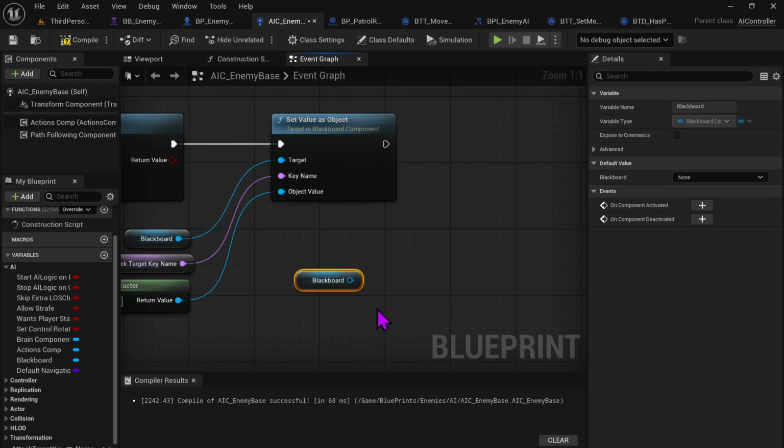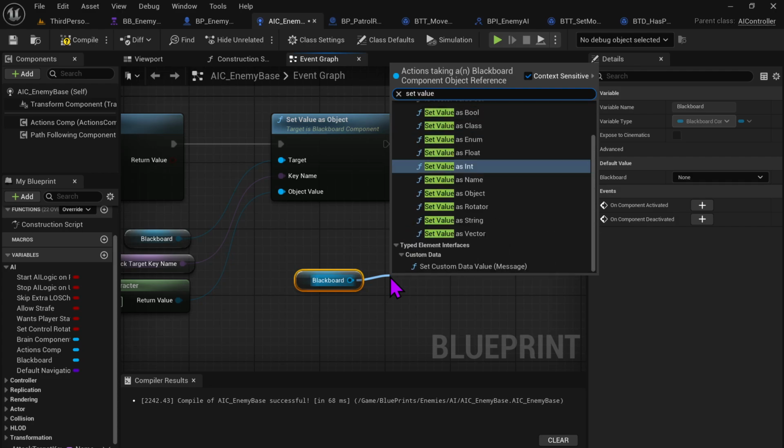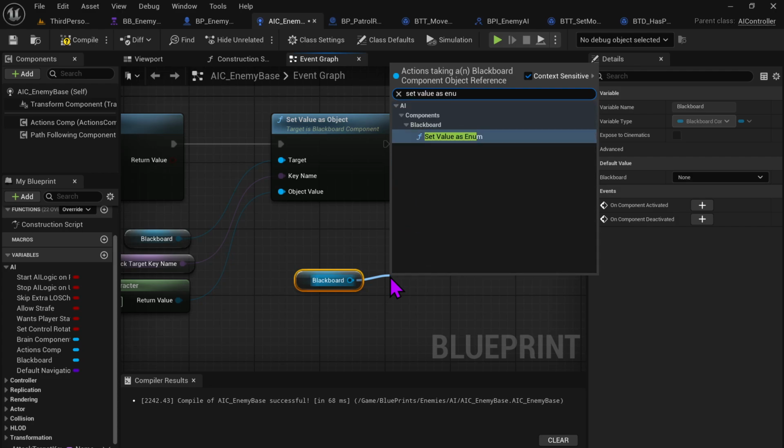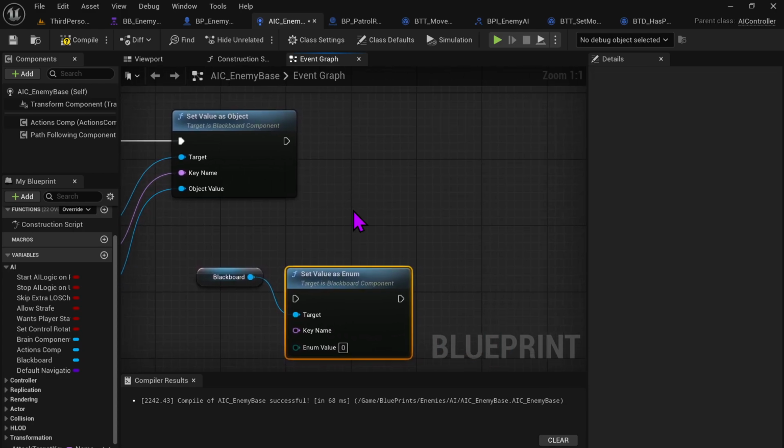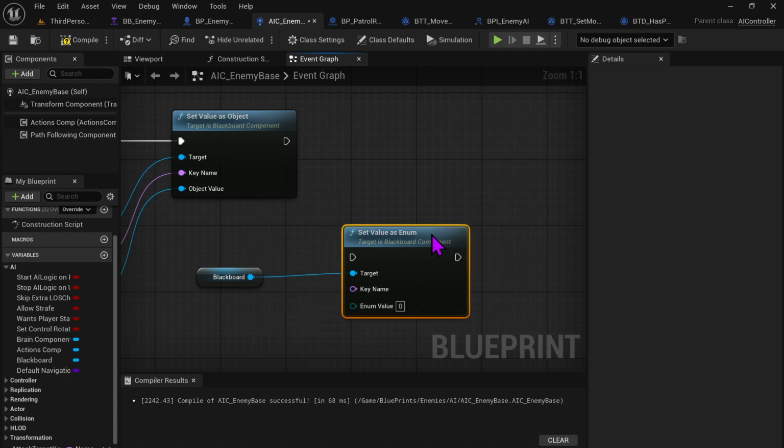We're going to drag off set value as enum. From our enum value,